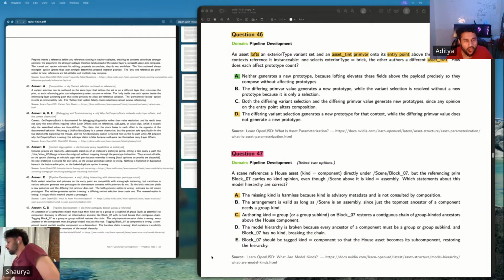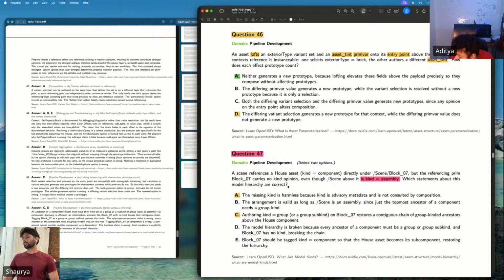I see. So you were saying just because the scene has kind equal to assembly, all the descendants of scene need to have a model kind. No, the scene reference had a model kind.